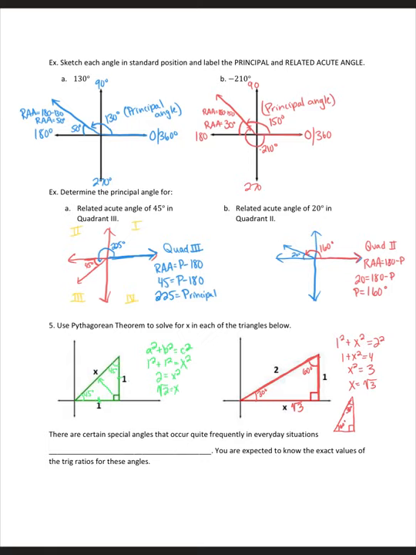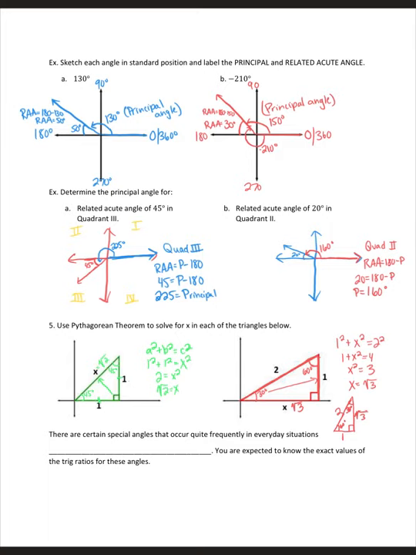So opposite my 30-degree angle, I have that leg of 1. So I'm going to do the same thing. If I draw it sideways, I got to move the legs too. The radical 3 is opposite that 60-degree angle. And our hypotenuse stays our hypotenuse at 2. All right, so these are just some special triangles, and we'll put over here that this x was equal to